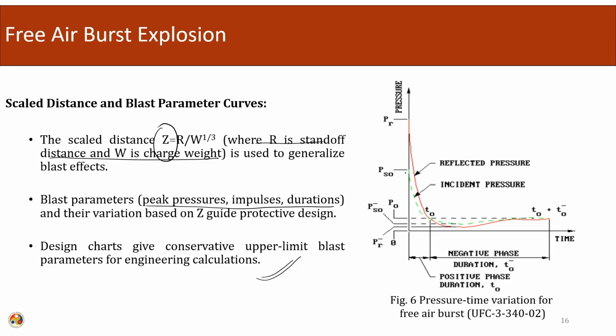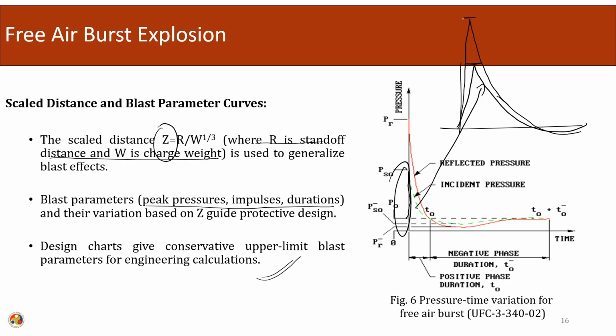As we have seen earlier, if you look very closely here, if we enlarge this section, there will be a steep increase in the pressure profile. This first line, the green line, is the incident pressure. Depending upon the configuration of the structure and the location of the blast load, there can be a significant increase in the amount of pressure, and this is called the reflected pressure. The reflected pressure can be significantly greater than the incident pressure, and this is measured normally from the ambient pressure.